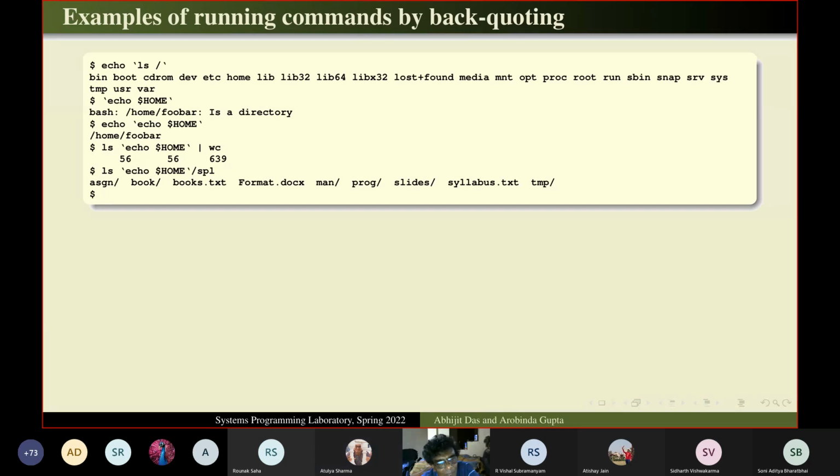Sir, without the echo, if we just write ls and /, then also we will get a similar type of output. Yes, similar, sir. Yes, yes. That's why it is confusing to you why I am doing this. So the next example illustrates this. If you want to execute echo this, then